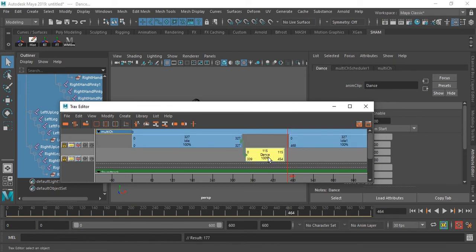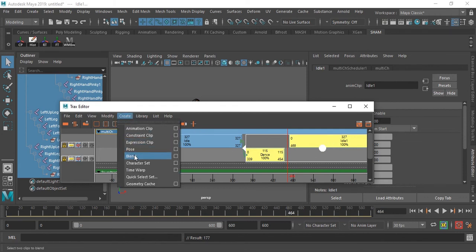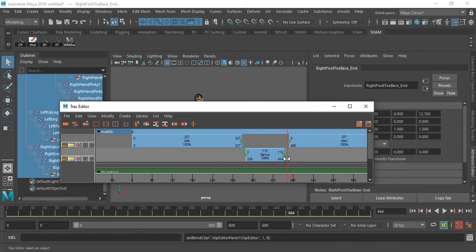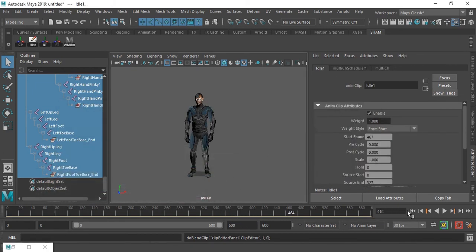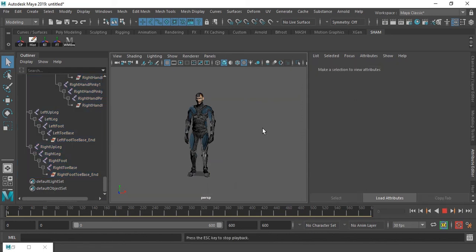Now select this dance clip and this duplicated idle animation clip and create another blend. So this will give a nice transition in the end when the animation is back to idle. So now the idle animation clip is playing.